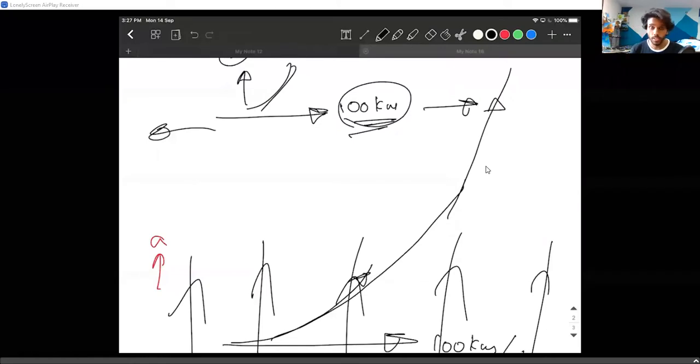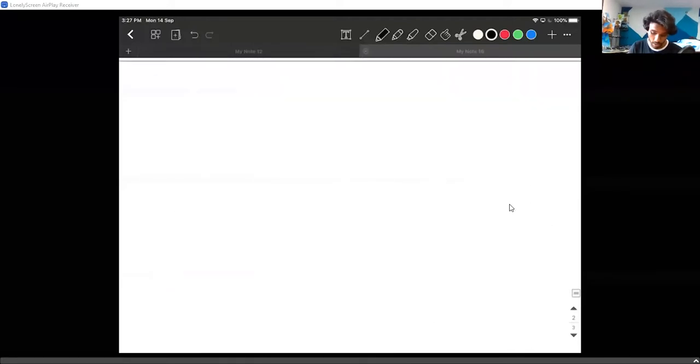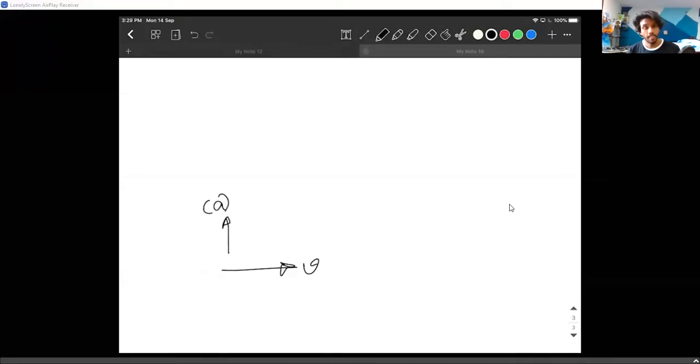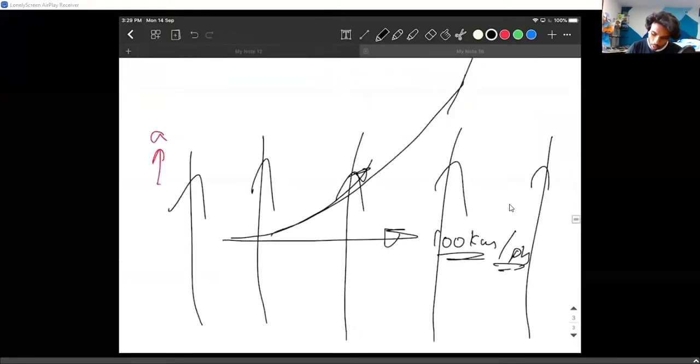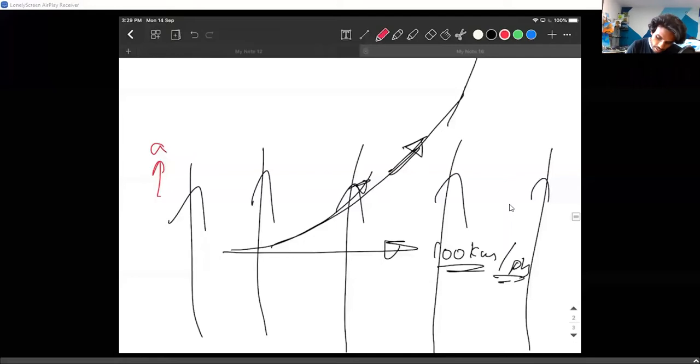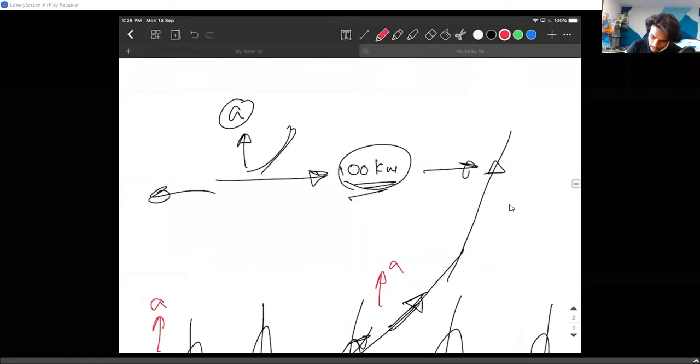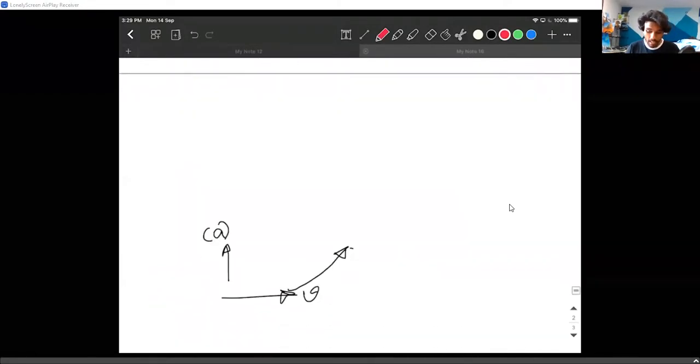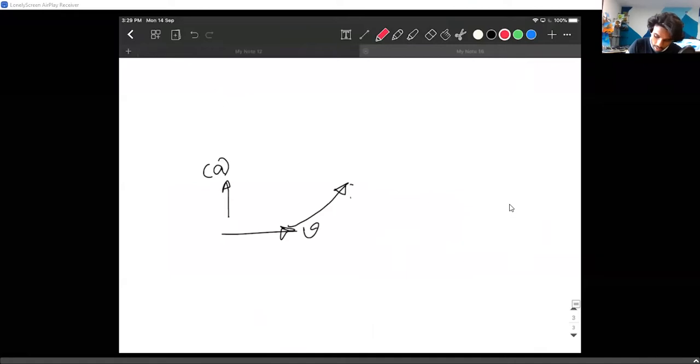But in circular motion, things are a bit different compared to the previous situation. In circular motion, when you have a body traveling like this, the acceleration is definitely like this. There is some acceleration which is perpendicular to the velocity. That's a good thing. But when the body turned like this in the previous situation, the acceleration was still in this direction. In circular motion, the most important point is that the minute the velocity changes its direction, the acceleration changes its direction.